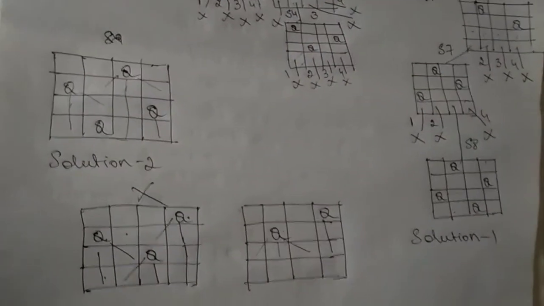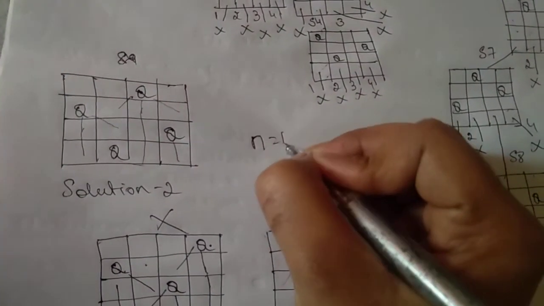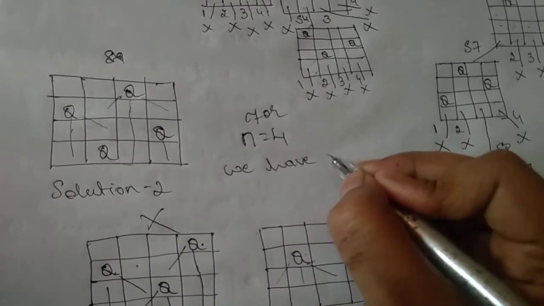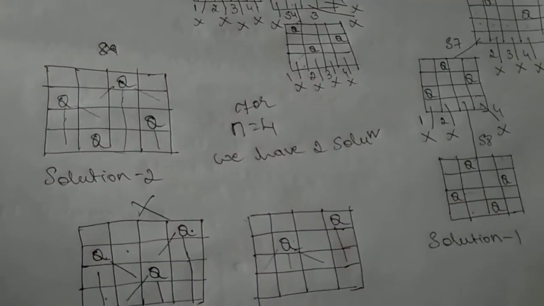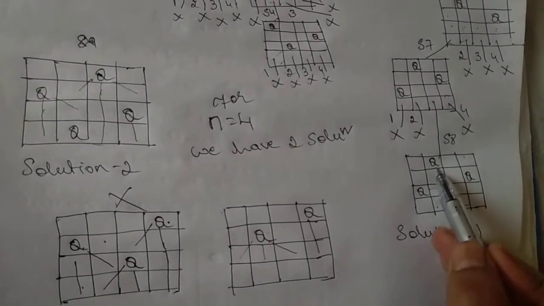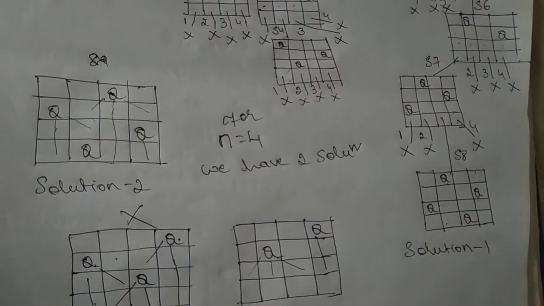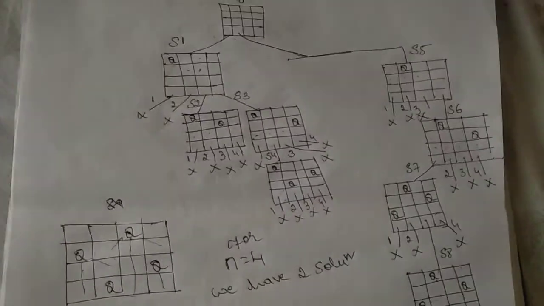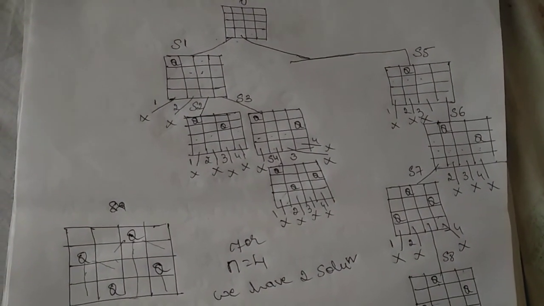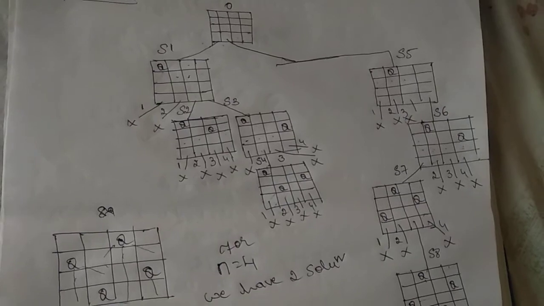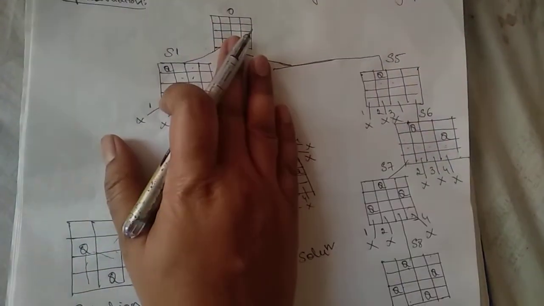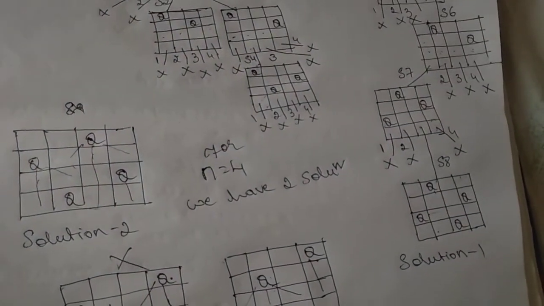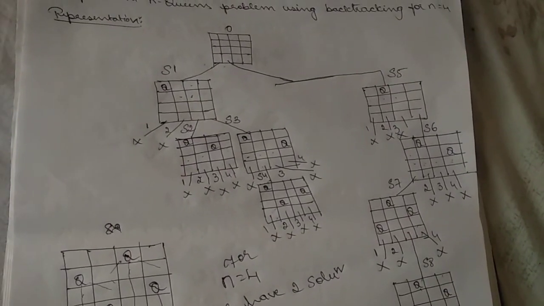So, only we have 2 solutions for n is equal to 4. We have 2 solutions. One is this one, placing Q in the second place and placing Q in the third place. We have 2 solutions. Okay, this is how you can solve your N Queens problem. This is using backtracking technique. In exam you can show only one solution like this, and then simply by taking the table you can show another solution. Okay, this is backtracking, N Queen problem with backtracking.